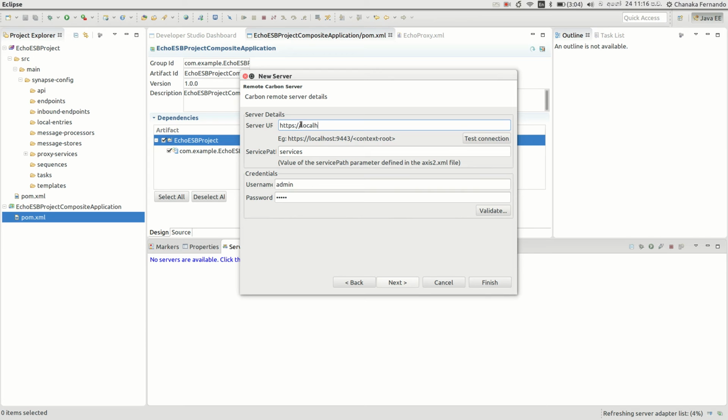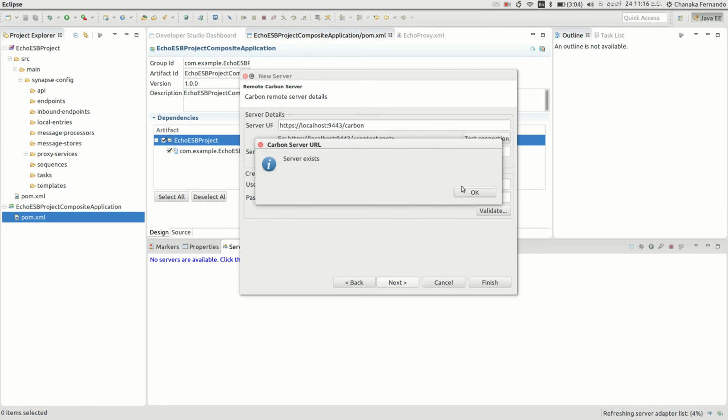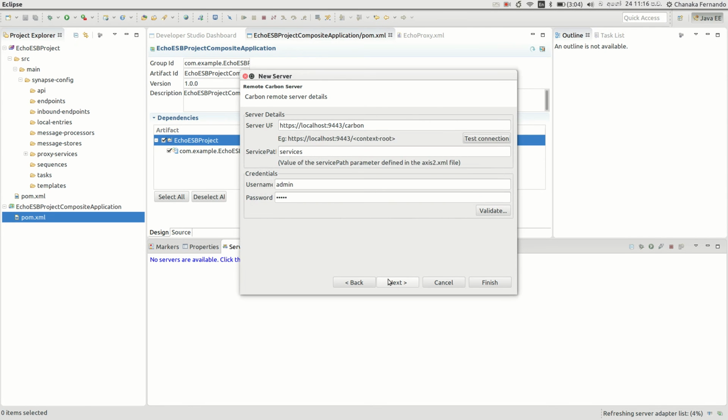In this case I am starting this on my own machine, so the URL would be like this: localhost 9443 and carbon. You can even test the connection to the server by clicking the test connection button, and it says server exists.